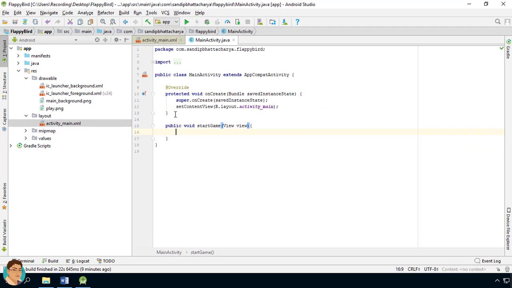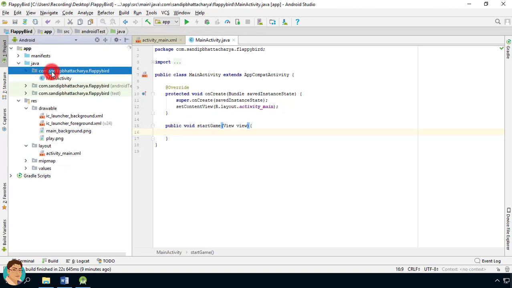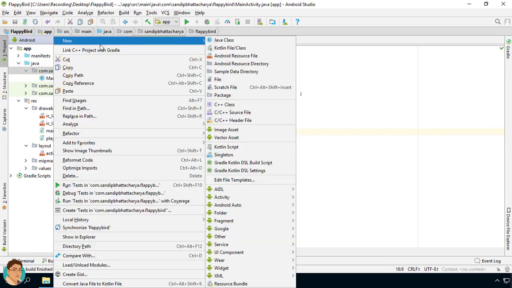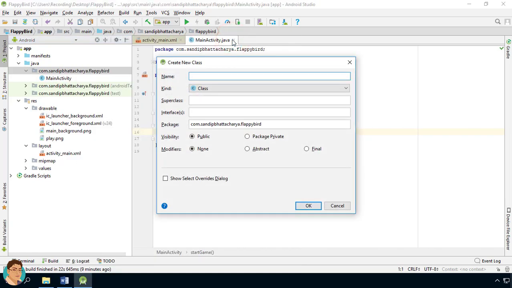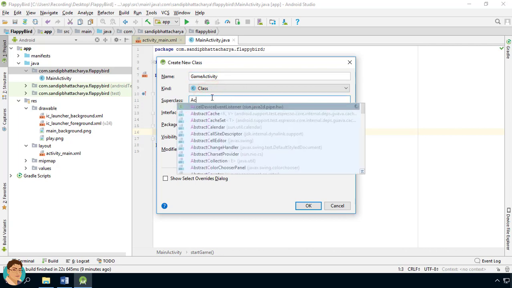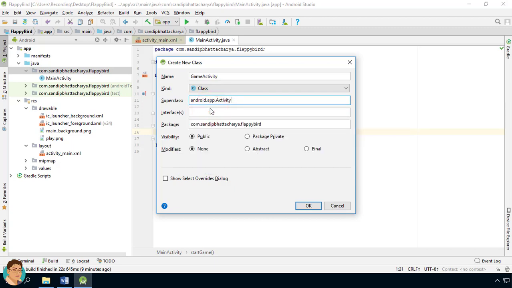Right click on the package and create a new Java class called GameActivity. Select Activity as superclass. Click OK.